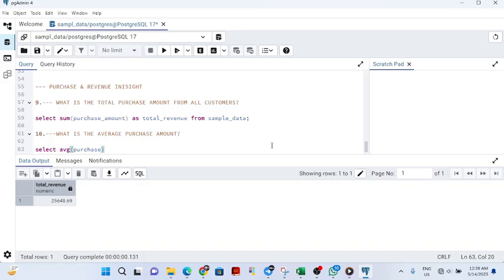Okay, you say what is the average purchase amount? For us to get the total purchase amount, then select it as average underscore purchase. So this one here, you see that I use total revenue, but this one now we are using average purchase. So that will be average purchase